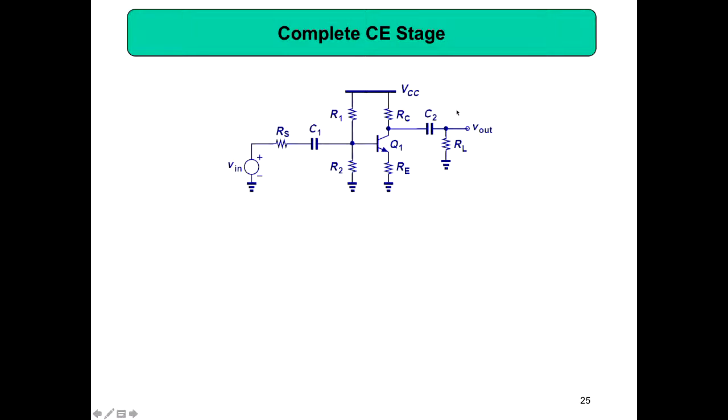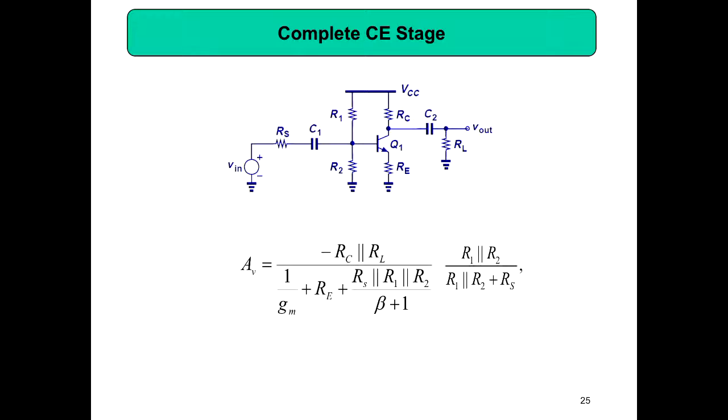Then the question is, can we write down an expression for the voltage gain for this circuit? Because if we can write it down for this circuit, then we can find it for any circuit, just by doing some modifications. Obviously we can derive the expression from the small signal model, but you don't have to derive it for this subject. So this is the expression. Voltage gain equals minus RC parallel RL, because you have RC here and RL here, divided by 1 by gm plus RE, then plus RS